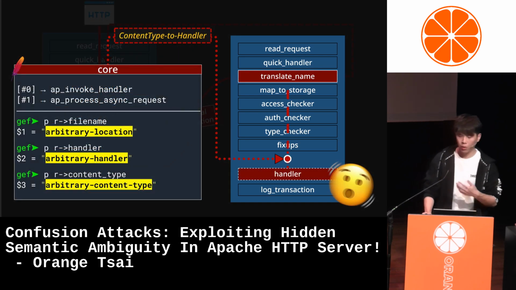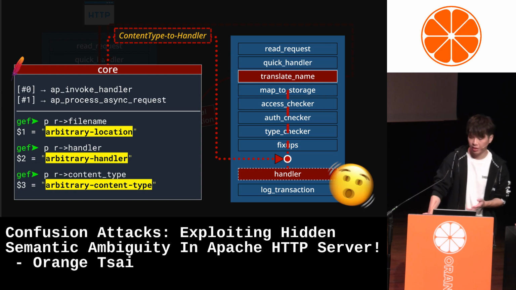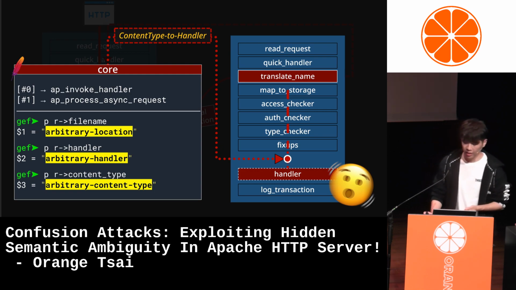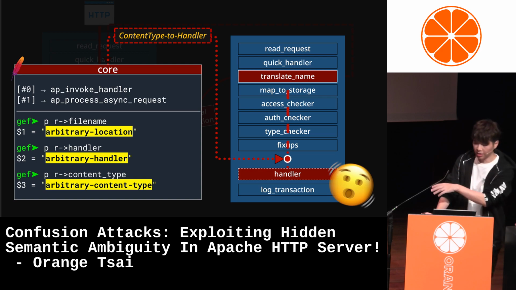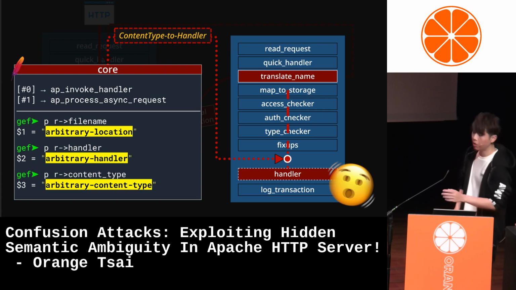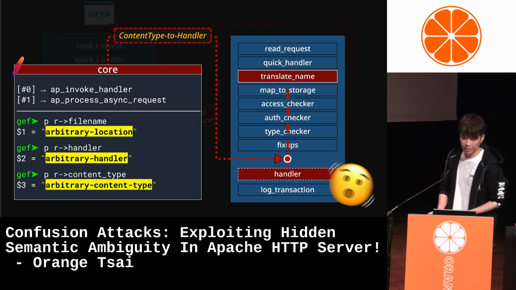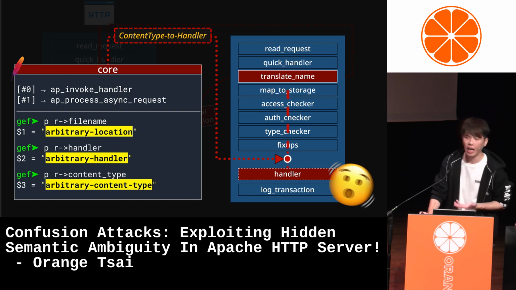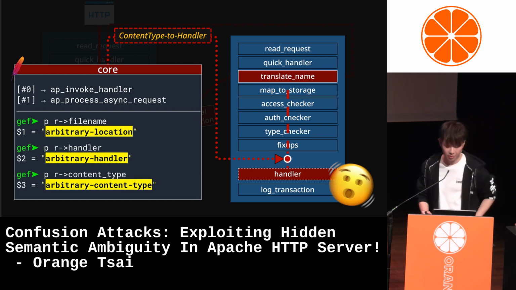In this new round, the content type header returned by the earlier CGI is passed into the structure. And after the legacy content type handler conversion, the content type we provided becomes the handler and allows us to invoke an arbitrary handler.